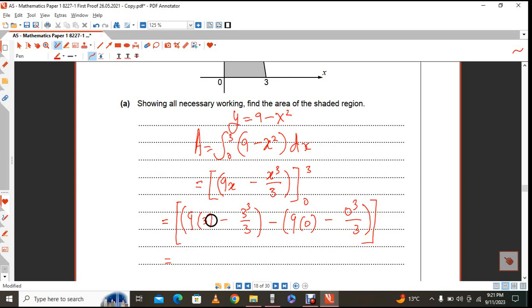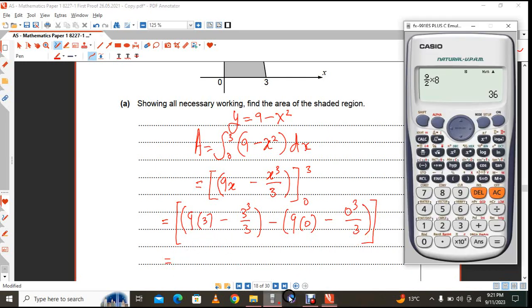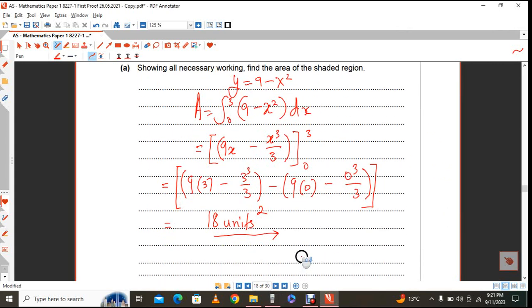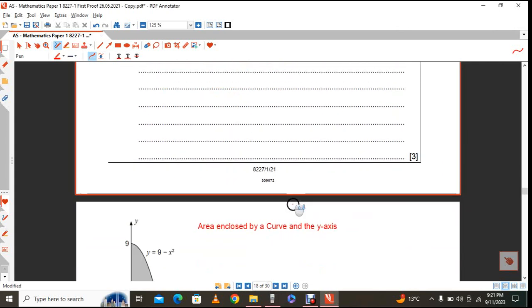If you work this out, we're going to have 9 times 3, which is 27, minus 27 over 3, that is 3 cubed over there. Of course, that gives you 18. So this answer here is 18 minus naught, so it's just 18 units squared, and that would be the area under the graph. Now, what if someone said, wait a minute,